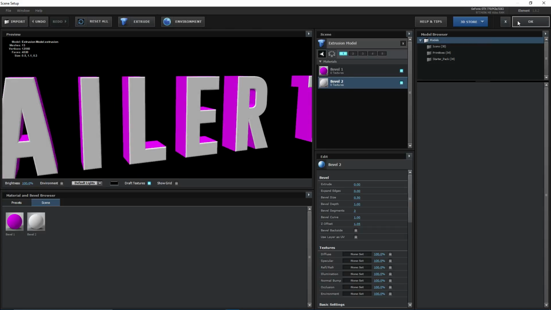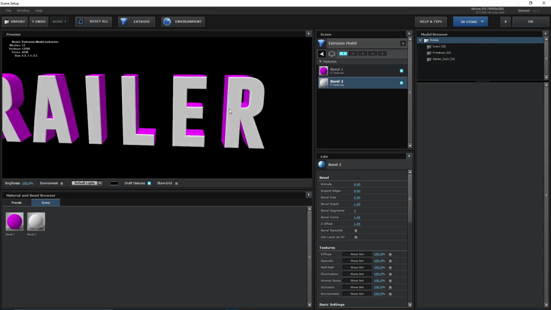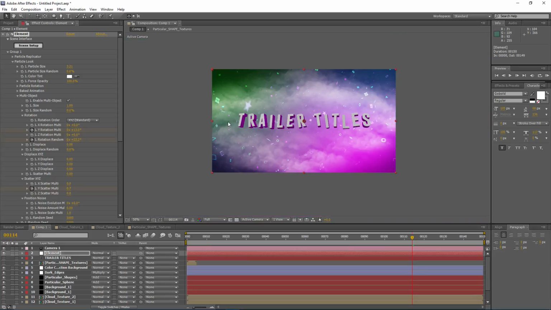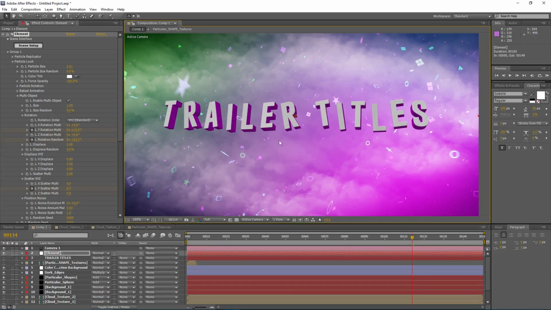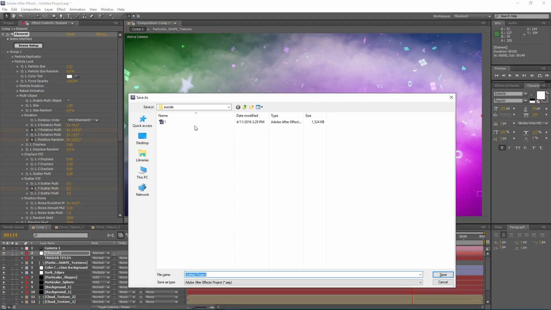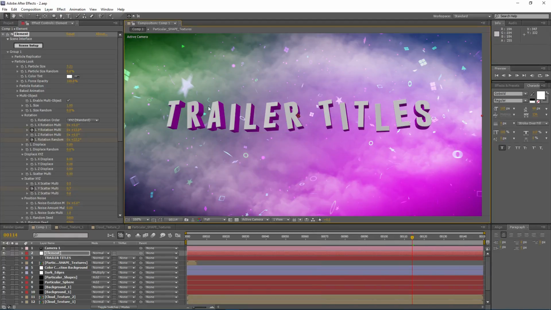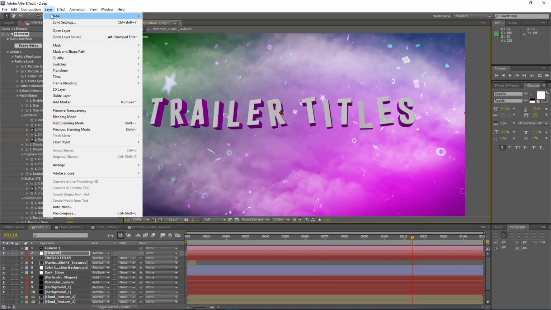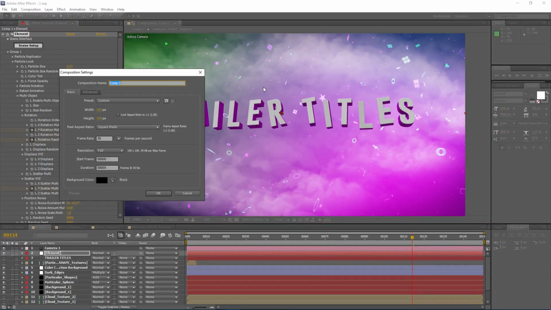Alright, so I will hit OK here, and let's start by making the front texture, and I will hit OK, and you can see it updated in the viewport. Let's see how we can make our texture for the front of the letters. So before I do that, let me just save this in case I lose our progress so far. So let's make a new composition and name this